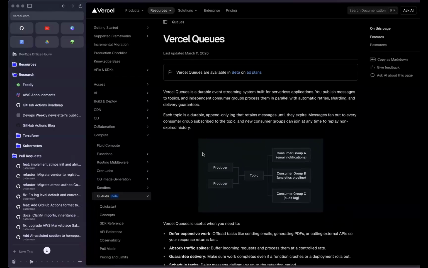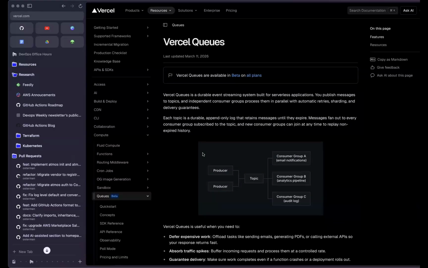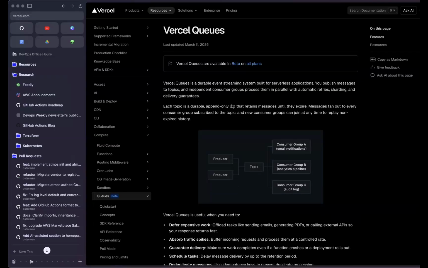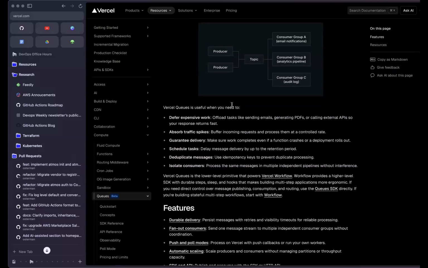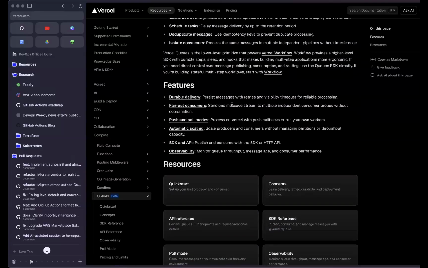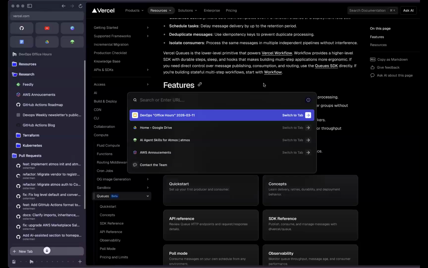We are big users of Vercel at Cloud Posse with some of our properties, and it just simplifies things. One less service we need to subscribe to. It is in beta, just FYI, and I have just rolled something out using it. It was pretty easy. I believe the tokens are automatically injected if you enable the feature, so that makes things easier. Yeah, any questions on Vercel Queues?